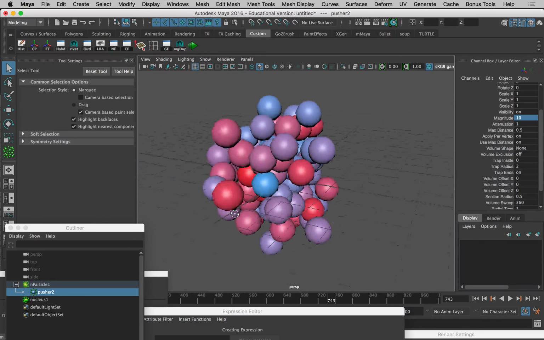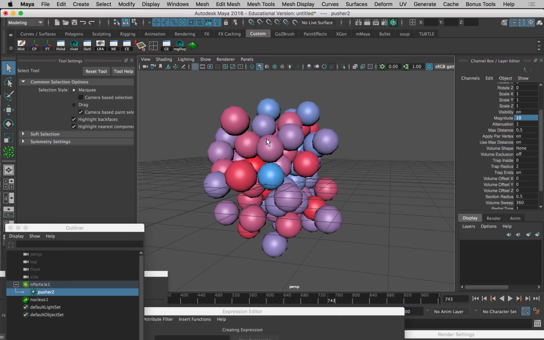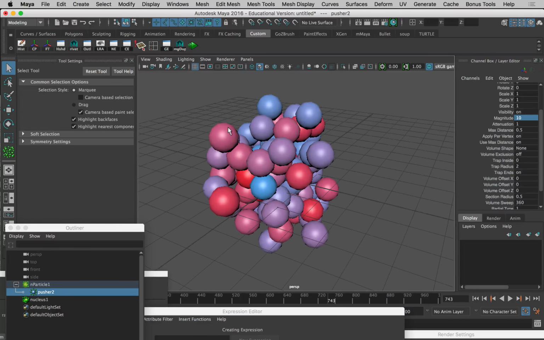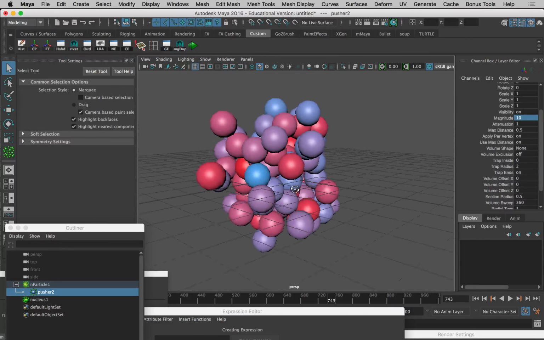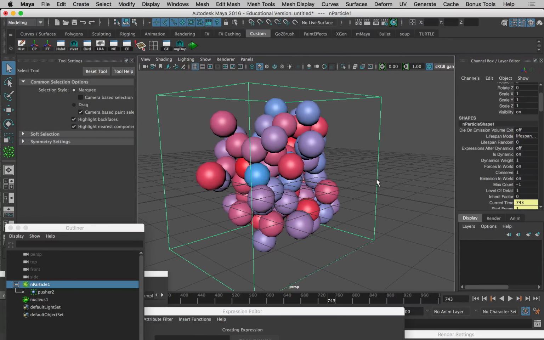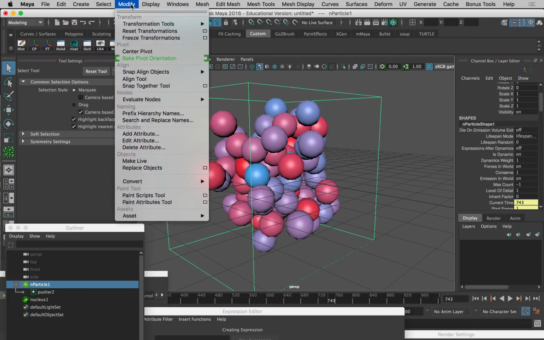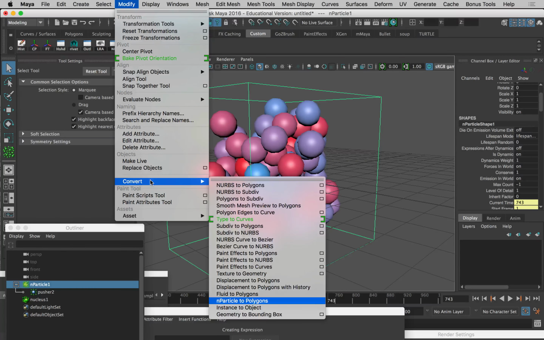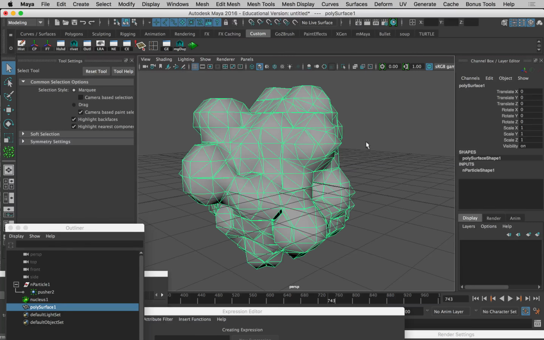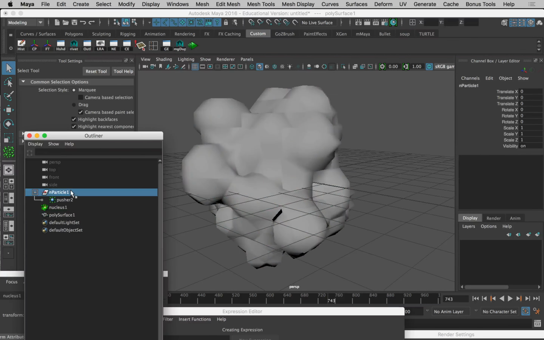So the last thing we want to do, unless we just want to render out particles, which we can, or you can put instance geometry on these or whatever, or we can skin these with an output mesh. So if we select the particles and go to Modify, Convert, and Particles to Polygons, like we did before, we'll get this output mesh. It's kind of ugly. But if we go back into our particle shape,